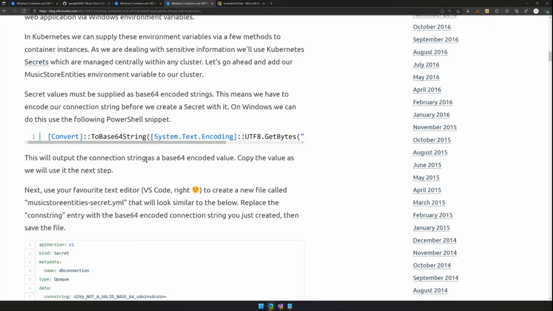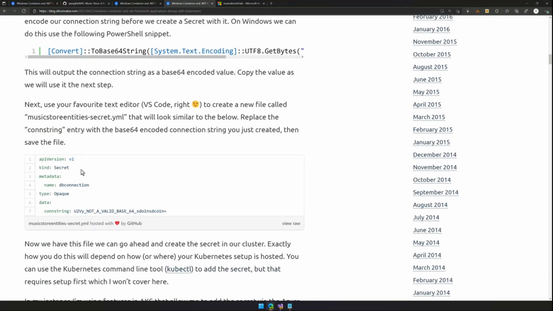Once I've got that value, I'm going to create a little bit of YAML, because the way you do configuration with Kubernetes is to write YAML files, which, to be honest, is not everyone's favorite file format, and I'm probably one of those people, but that is what the team that developed Kubernetes decided would be the way to go.